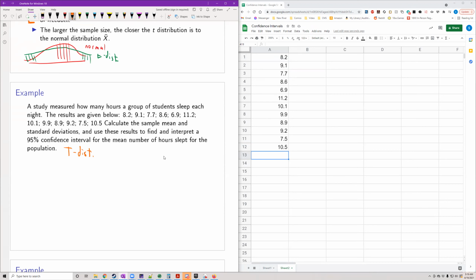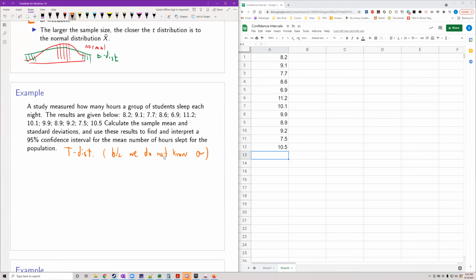We can find the standard deviation of our sample, but we don't know what the real standard deviation is for all students and how many hours they sleep. As a result, a normal distribution would not be precise enough. So we need to use a t-distribution to account for this uncertainty. So we'll use a t-dist because we do not know